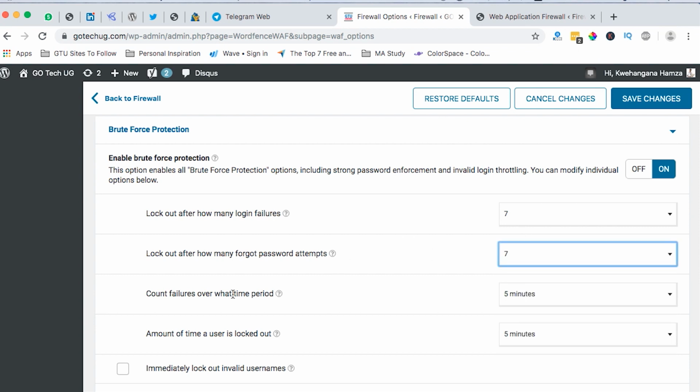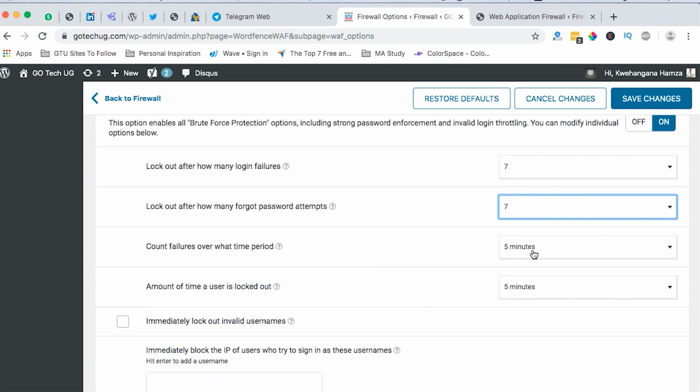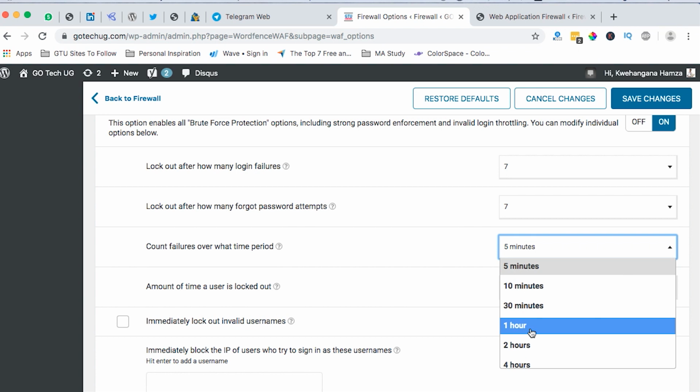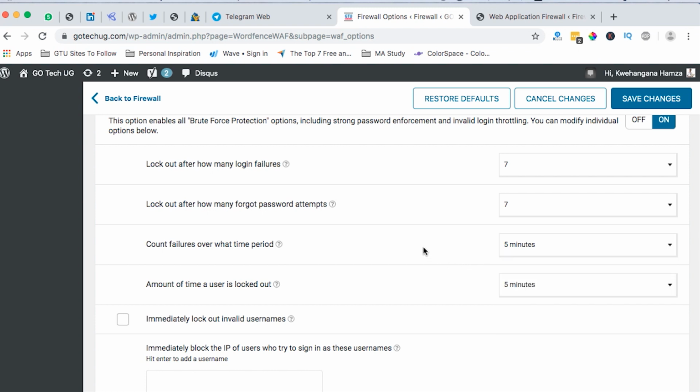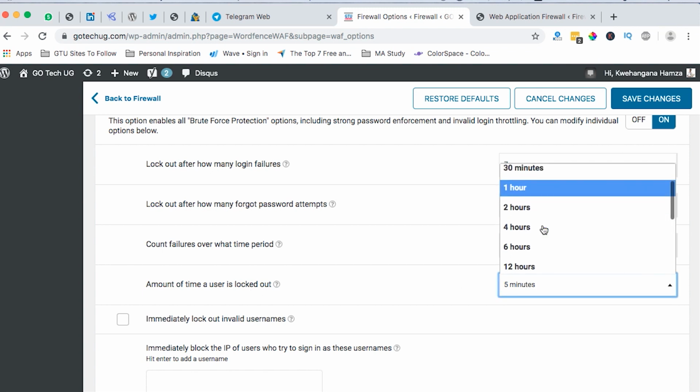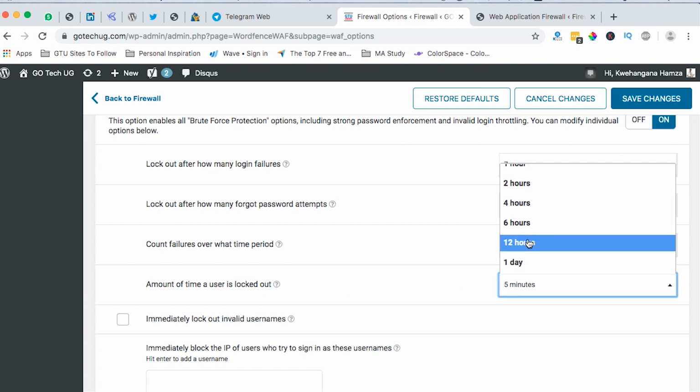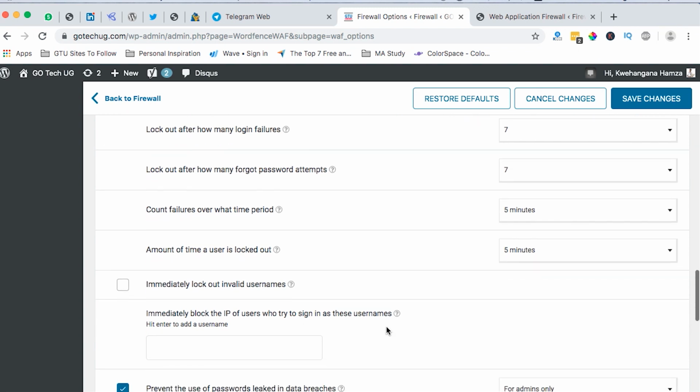And count failures over what time period. We can say if someone fails within 10 minutes to log in, then we can lock them out. And then the amount of time a user is locked out. We can say it should take them 12 hours to try again. That's when the system will give them the option to log in too. Then here we can say